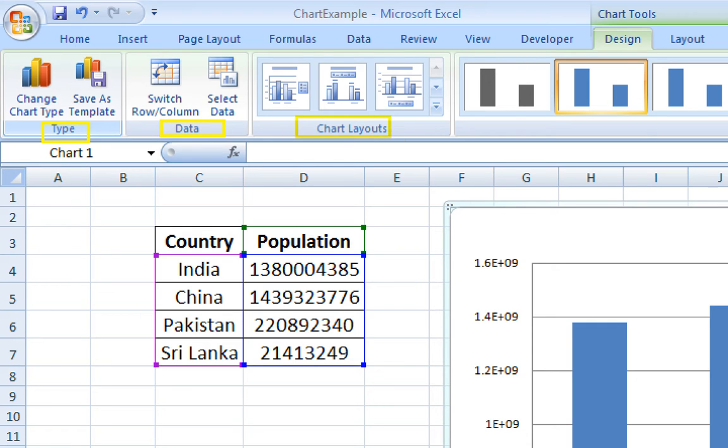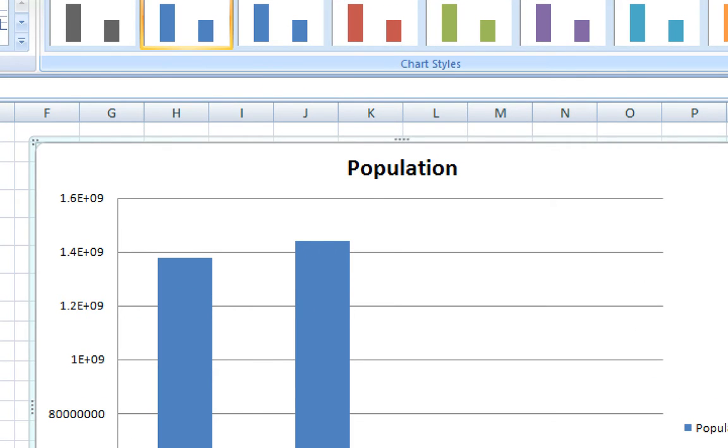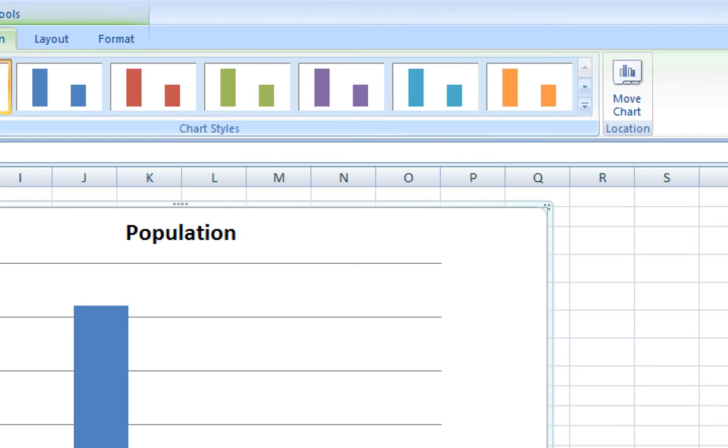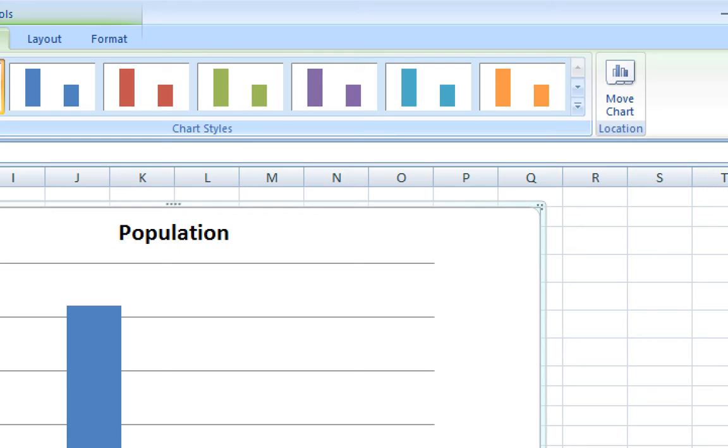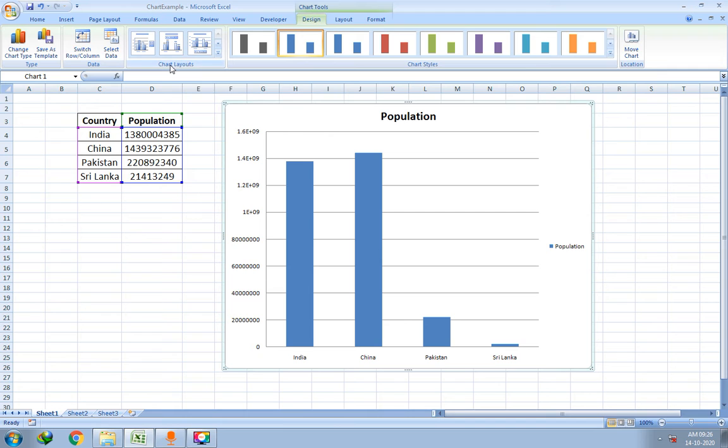Third one is chart layouts, and this one is chart styles. And then you can see location. It is used to move the chart from one place to another. It is used to change the chart style, and this is used to change the layouts, right?